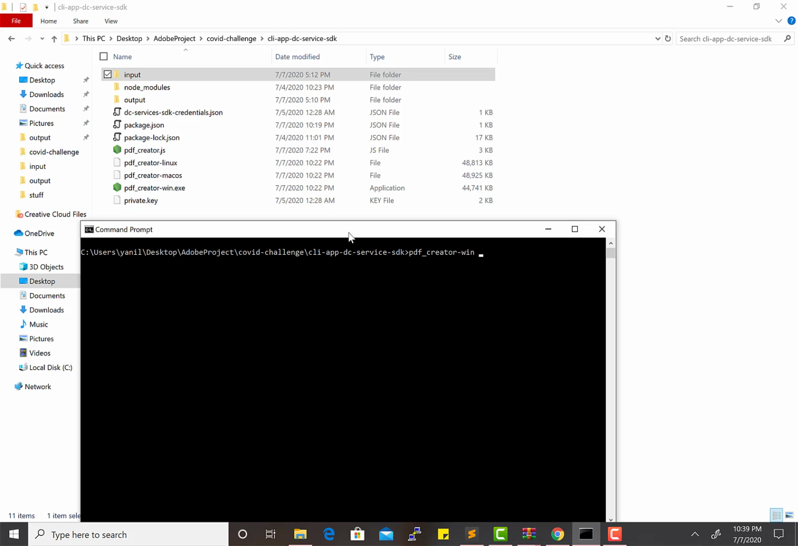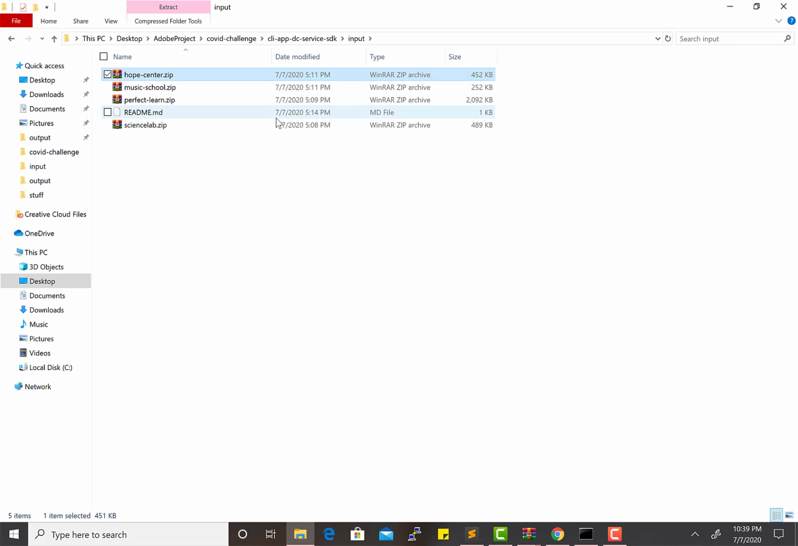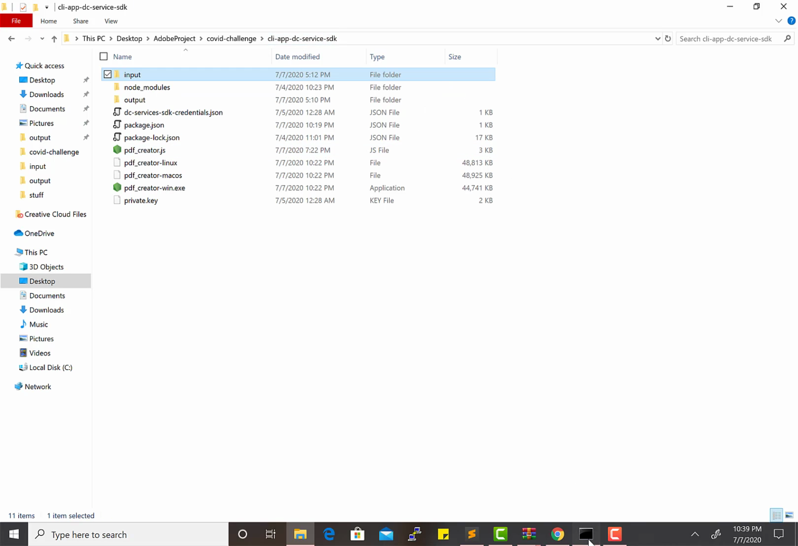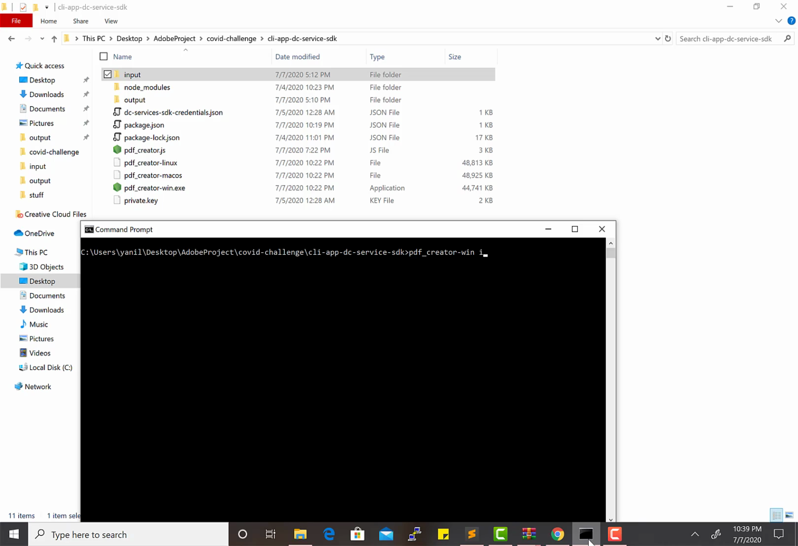If you don't want to use any of these executable files, then you will have to use the node commands, and you will have to do npm install, right? So now what I want to do in here is type in the address of my file. So let's say, for example, I want science lab. So I will type input, which is the folder name, / science lab